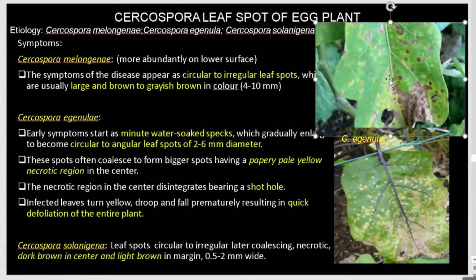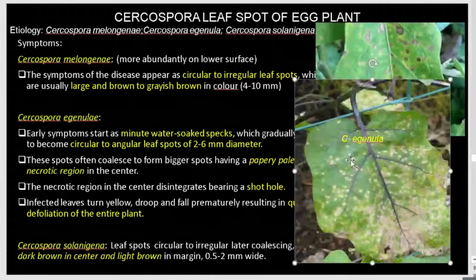They are generally circular. With disease progression, they may become irregular. And just as in case of Phomopsis leaf blight, they also have a light colored center or grayish center. It may be grayish brown, and they generally range from 4 to 10